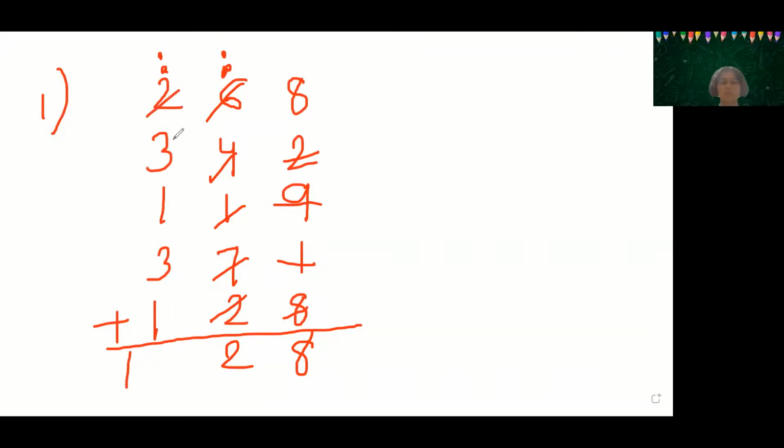So we can put here 5, 5, 10, 1 dot and 2. For 1 dot, 1. So 1, 2, 2, 8 is the answer. I hope it is clear, everyone. Let us do the next sum.